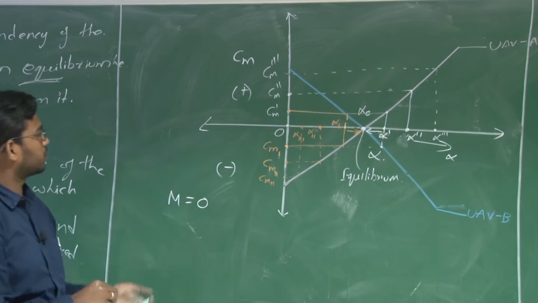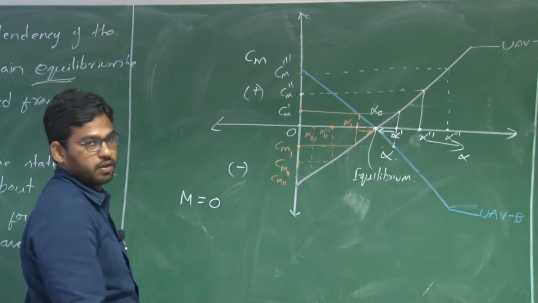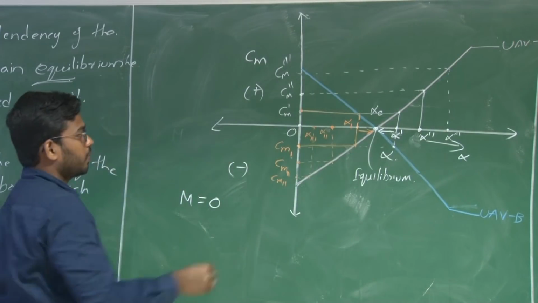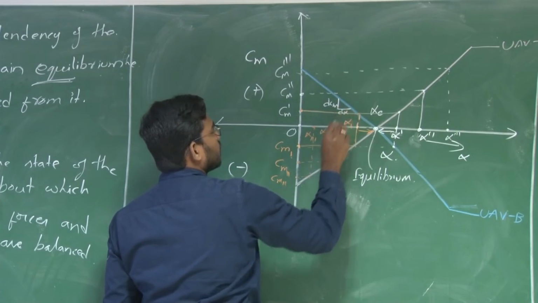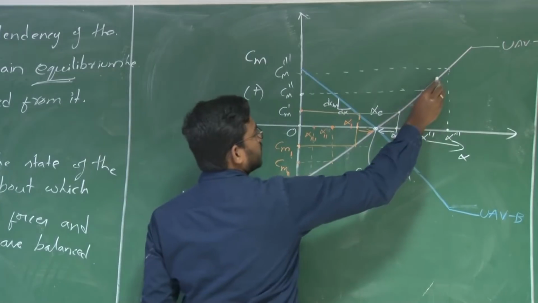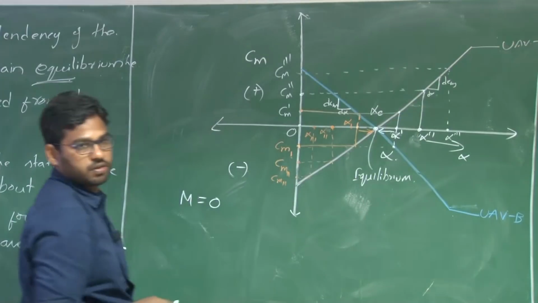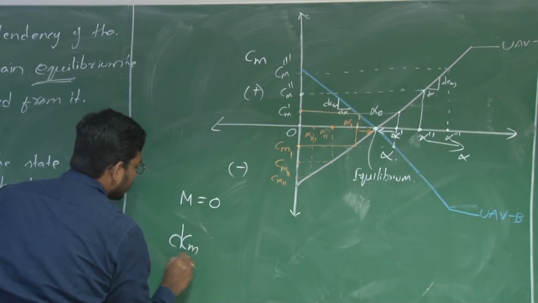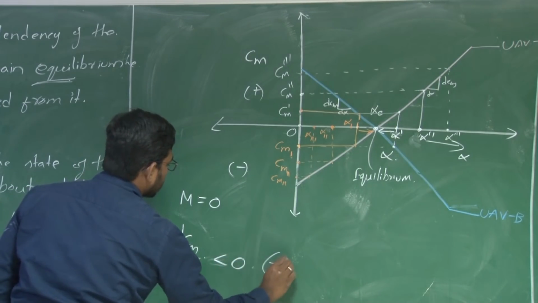So, what do we infer from this discussion? That means for a UAV to be statically stable, this Cm versus alpha slope has to be negative. Here the change in Cm, dCm with d alpha, is negative, whereas the dCm by d alpha in this case is positive. So for an unstable aircraft this change is positive. For a stable aircraft the change in pitching moment with alpha is negative, right. So dCm by d alpha should be less than 0, or negative.